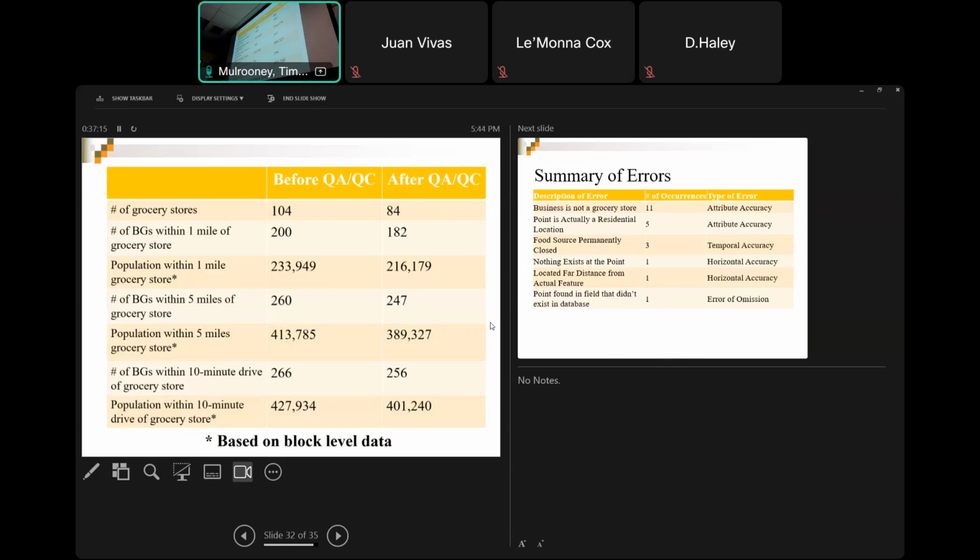It's just under 10% overestimation of people who are food available, who really aren't, which I thought was kind of interesting. And then we look at the population within 5 miles, and the population within a 10-minute drive time, where after QA/QC it's 401,000, when our data said it was almost 428,000.